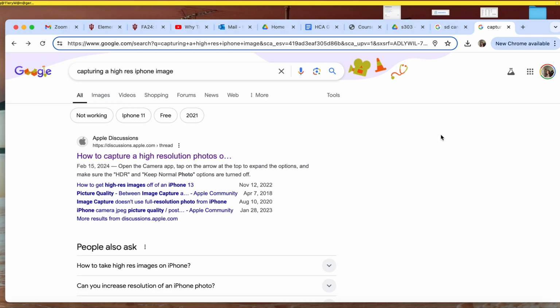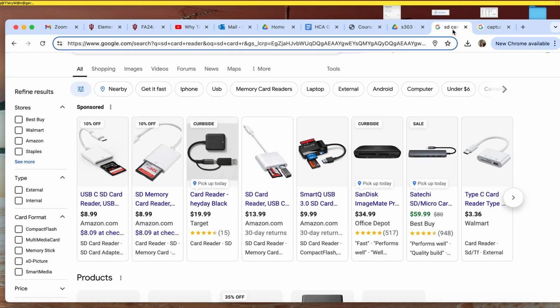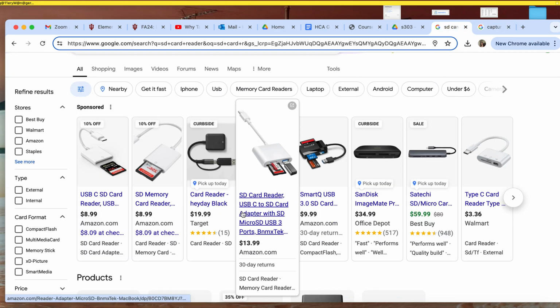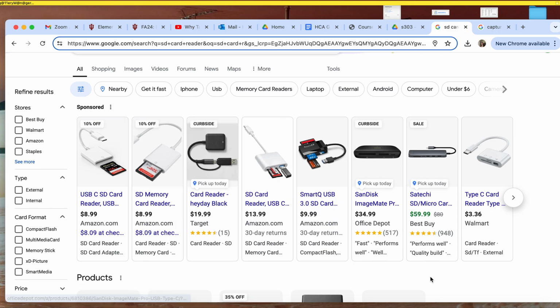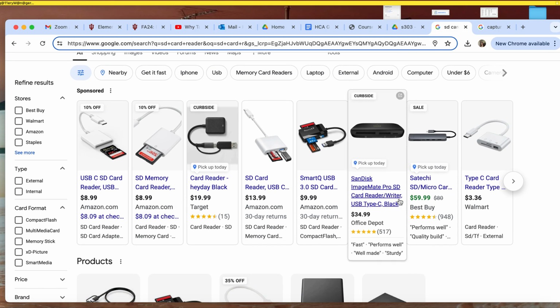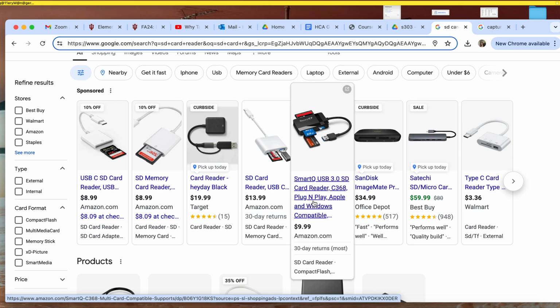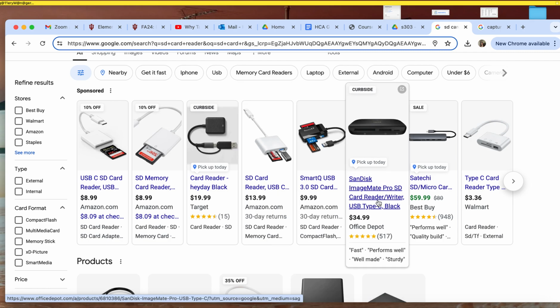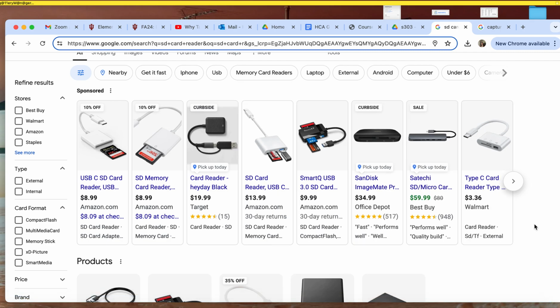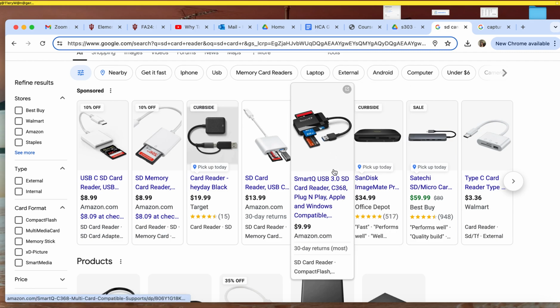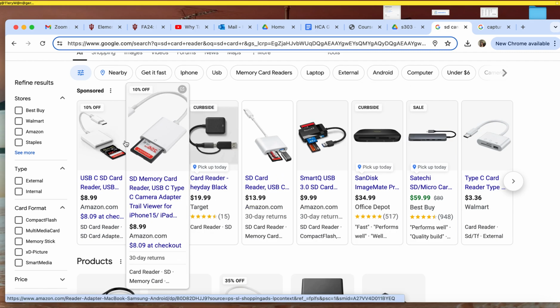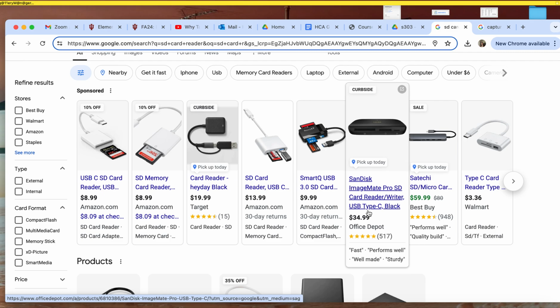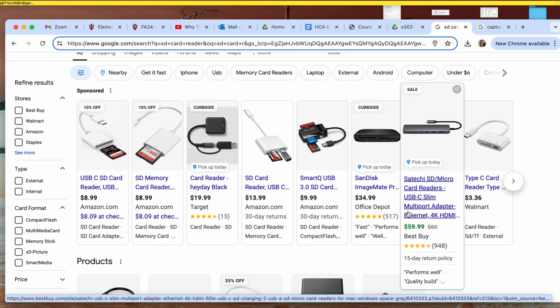If you're not taking images with your phone, but you're taking images with a camera, you will probably need a card reader. You can get these at like Walmart or Office Depot, anything. Many of them are pretty inexpensive, and you'll need one that can hook up to your computer, with the ports that you have. I have a Mac and I have one similar to this, so I have to have a different port. So just make sure that you can purchase one of these